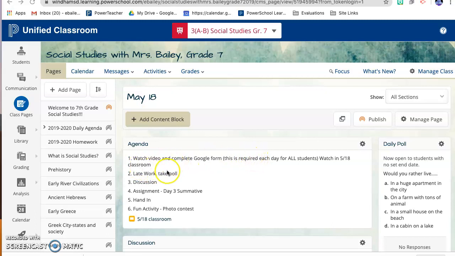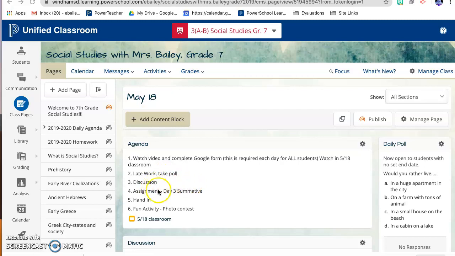If you have any late work, go ahead and turn that in. Today's going to be day 3 of the summative. If you haven't already turned in day 1 and day 2, those both need to be done before you can move on to day 3. On some of your charts, I went through and made comments that some of the things are done incorrectly or need to be moved or you need more information. So make sure that you're paying attention to those comments and fixing those mistakes before you move on to day 3, to get full credit for the summative, not just resolving the comment.